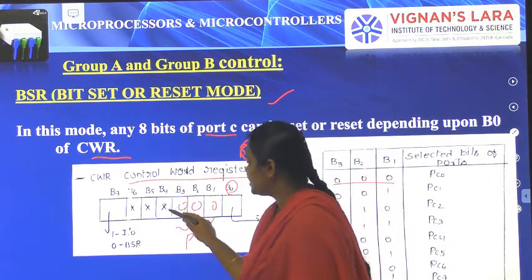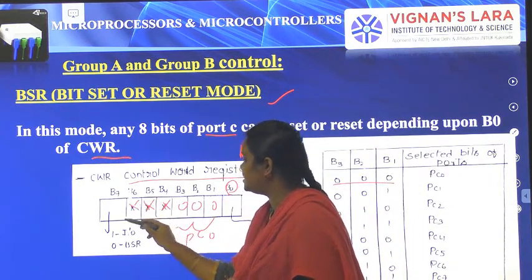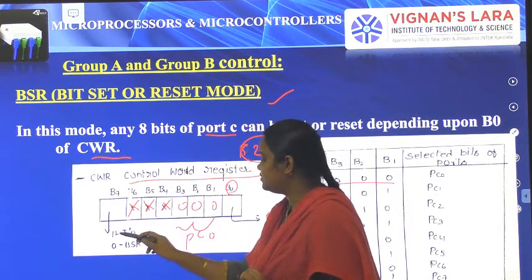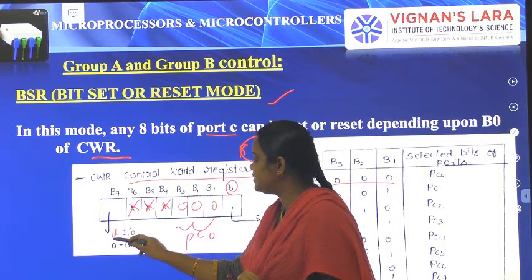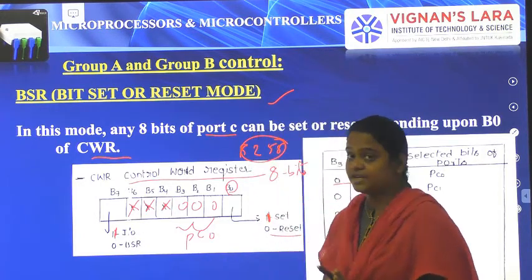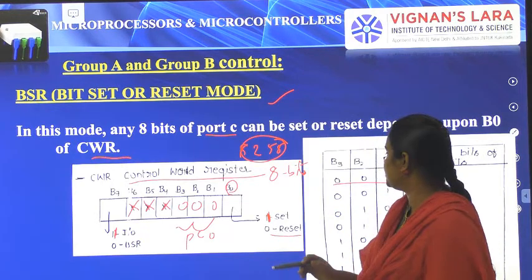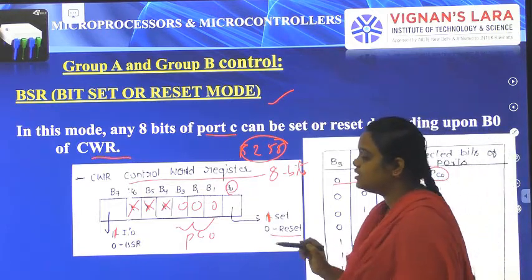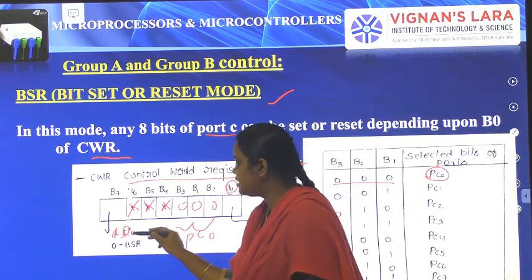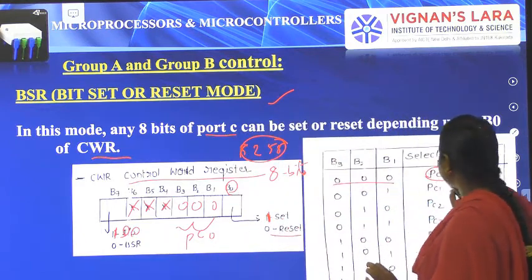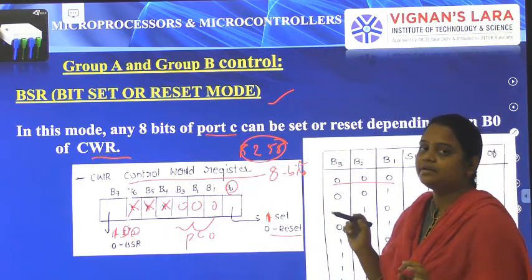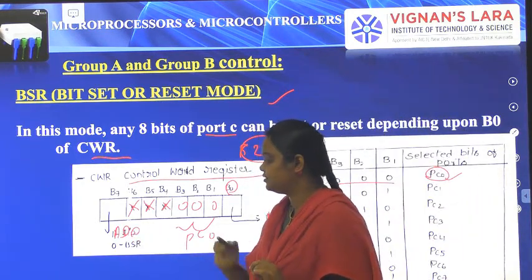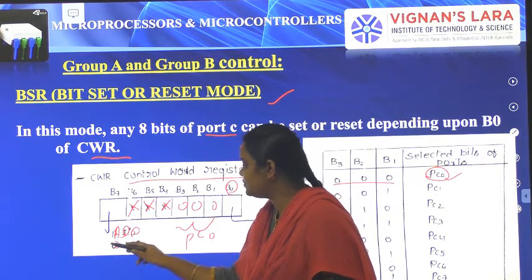And these are don't care; that means we are not using B4, B5, B6. And B7 is 1. If the B7 bit is 1, port C0 is going to handle the information with the input devices and the output devices. Port C0 is carrying the information to the input devices or output devices, whenever the B7 bit is 1, and whenever the B7 bit is 0,